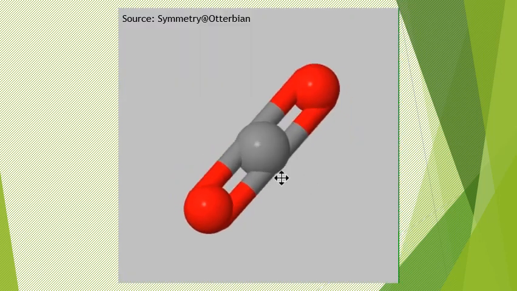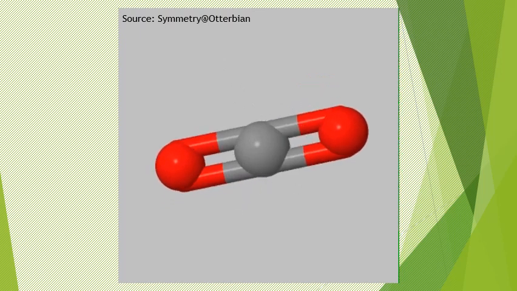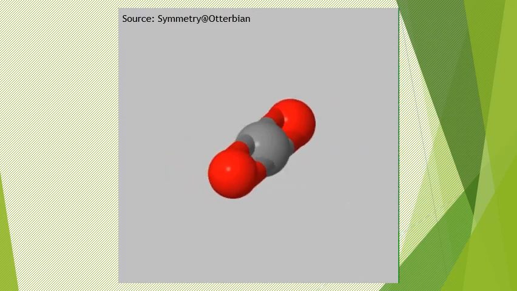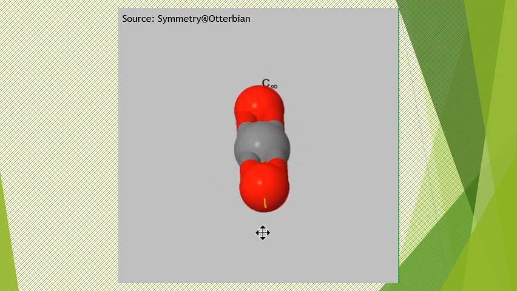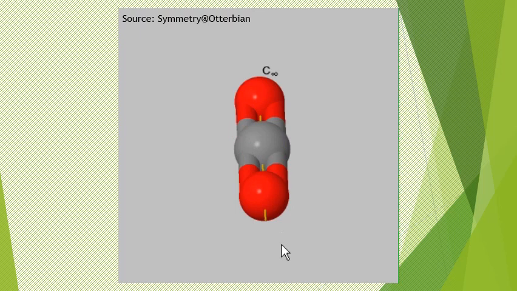This is the model for carbon dioxide. Again, it's a linear molecule. First let's see some operations like sigma h. Sigma h is this plane, which just passes through this. When I include the C2 axis, it will be very clear to you. But before that, let me show you the C infinity axis. As it was shown in the case of the HCN molecule, this is the C infinity axis. On this axis, the molecule can be rotated by any angle to get an equivalent orientation. So this is the C infinity axis for this.